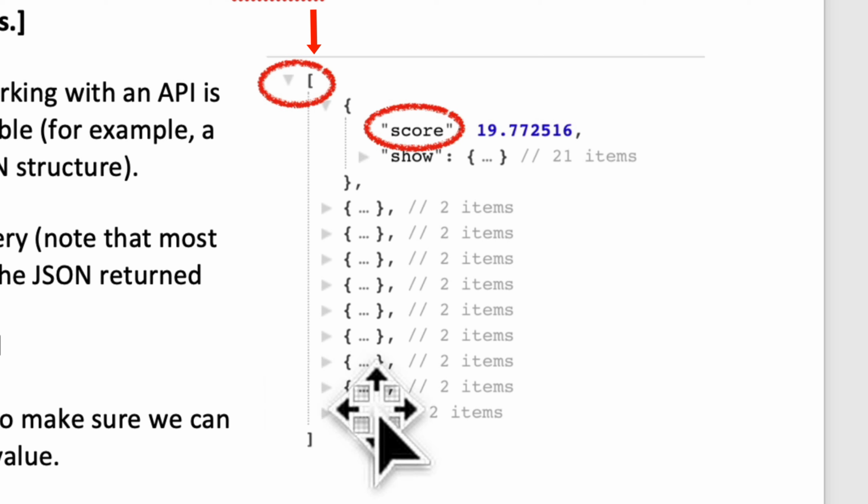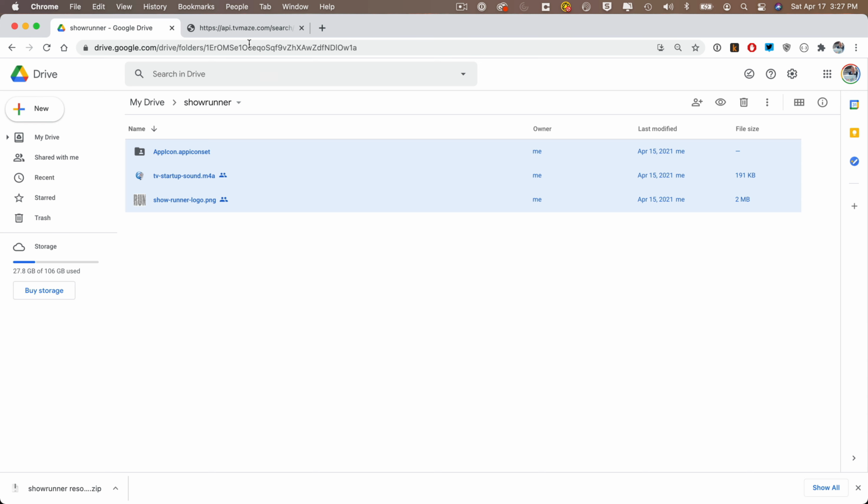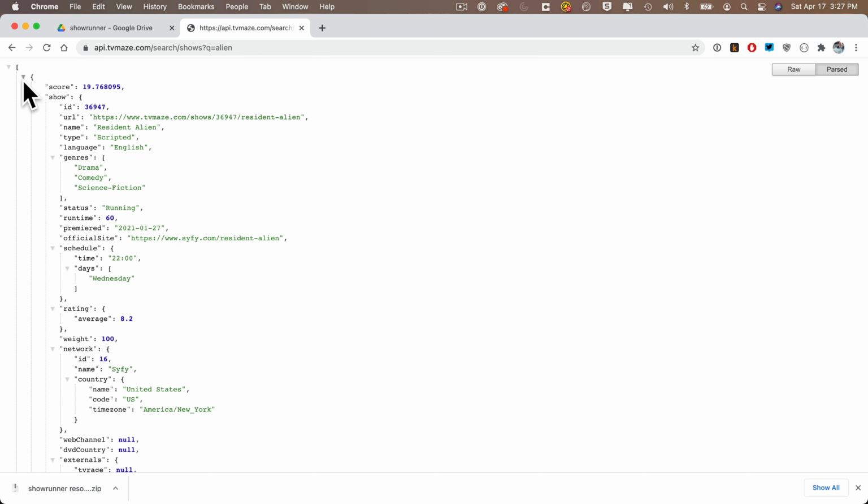Instead, it's an array of key value pairs, and we can see that because the first character in the JSON is an open square bracket signifying an array. Now, here's some data from a sample API call that I list in the exam. You'll find this at